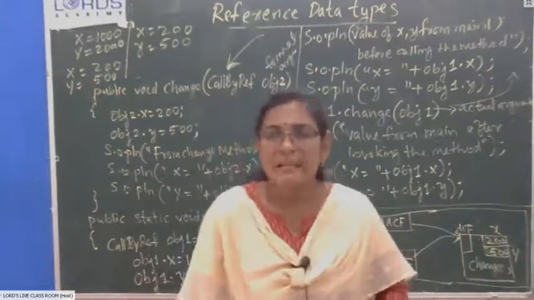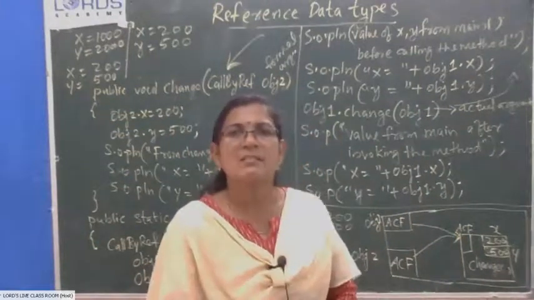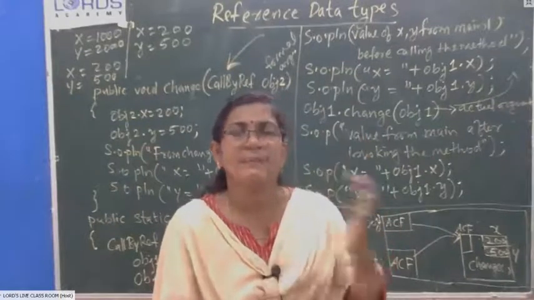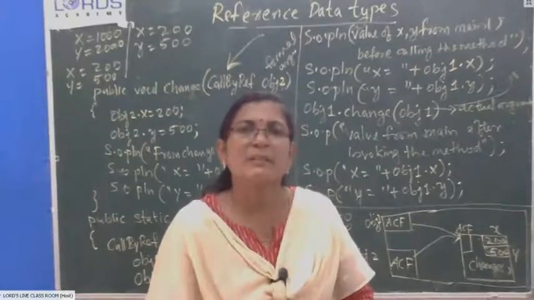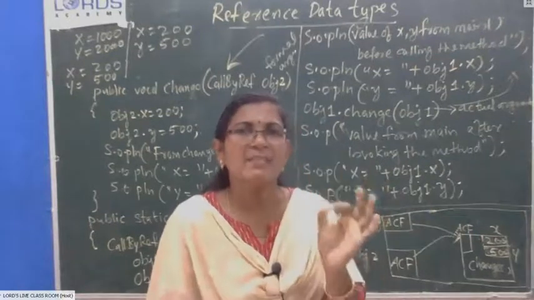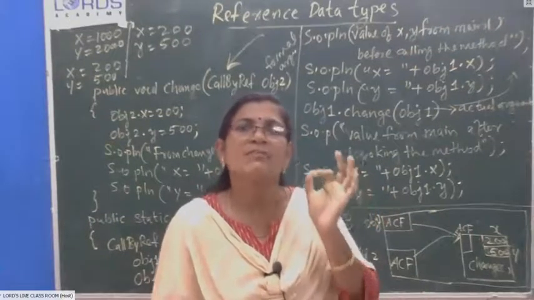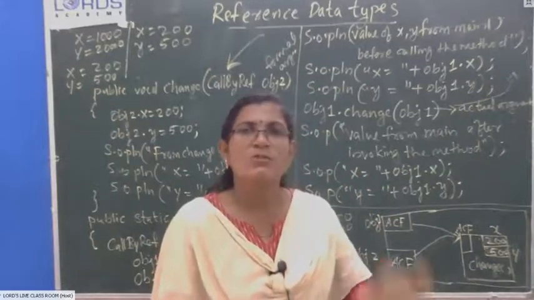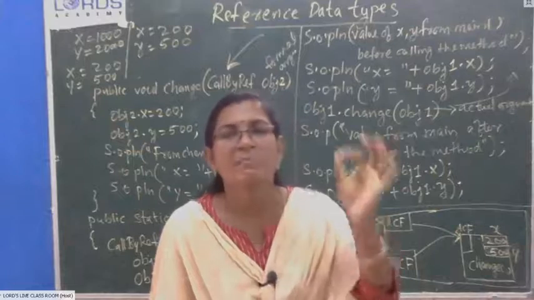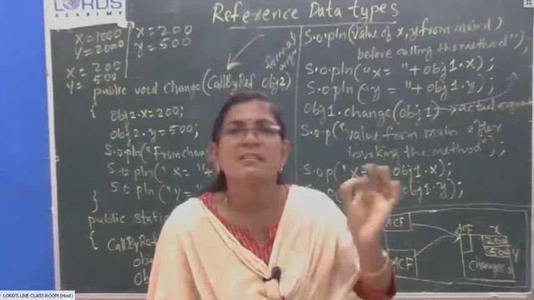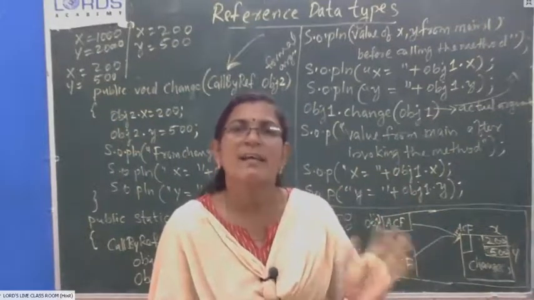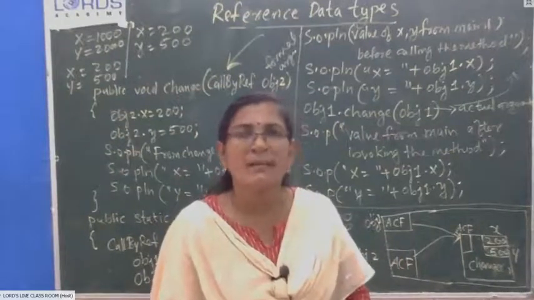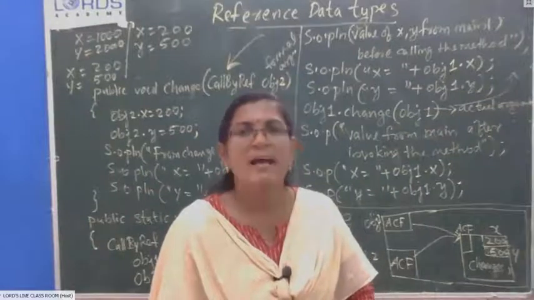So the pass by reference method is used to pass reference data types to a function. In pass by reference, only the address of the objects is passed to the function, and the function goes to the same memory location and makes changes in the same data. So the original data will be lost. That is the difference between call by reference and call by value method.